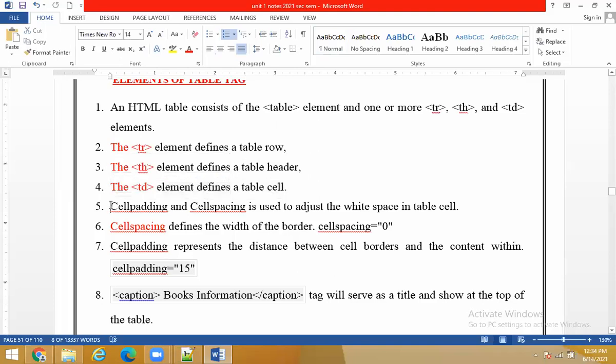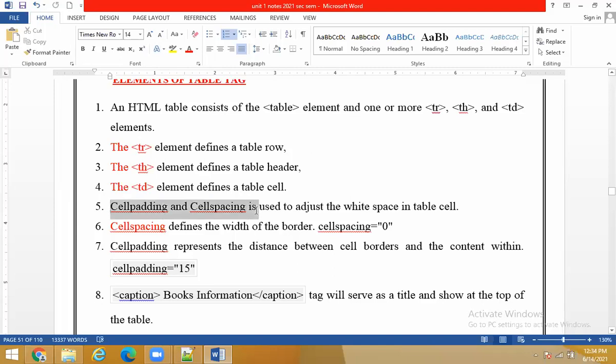So there are some attributes along with the table. So TR, TH and TD are called as what? The elements of table tag, which come inside the table tag. What are the attributes which are included before closing that table tag? When you open a table tag, here only the attributes are going to come, whereas the TR, TH, TD come after writing the attributes, when you come outside and then you form a row and a column. Those are the elements, okay?